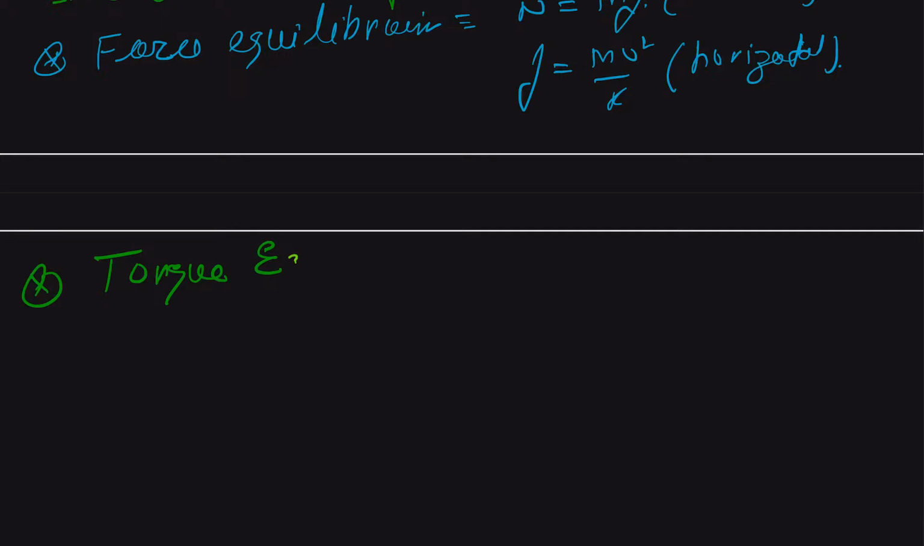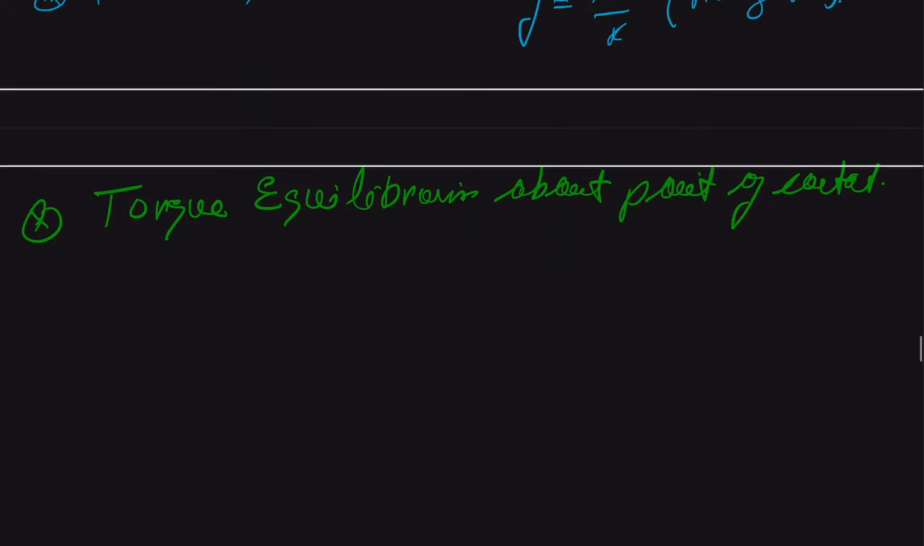Torque, equilibrium about the point of contact. Obviously, the net sum of the torque will be produced by our normal force as well as the frictional force, because mg will be along the center of mass. Okay, so their torque should be equal to our